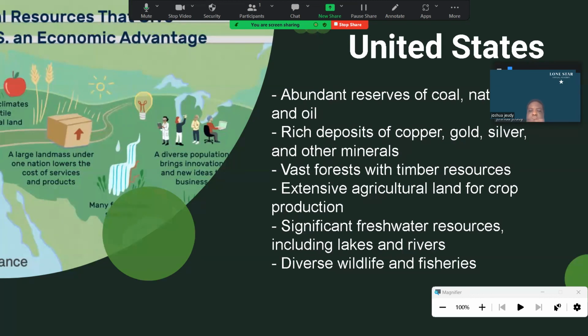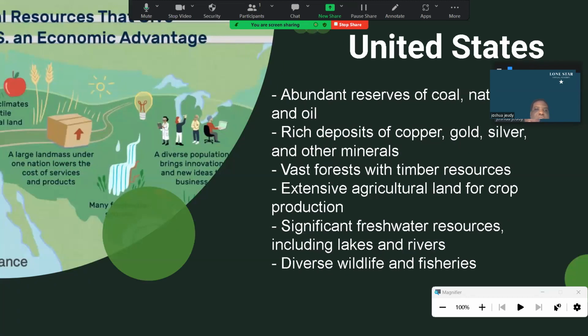For many generations, we were going outside the country, for example, to the Middle East or different parts of Asia for our oil production. But the United States has a large amount of oil in its own borders. Texas, we're famous for having a lot of oil. Texas has a lot of oil production. Places like Alaska also have a lot of oil production. And then places like California out west generally have a good amount of oil production.